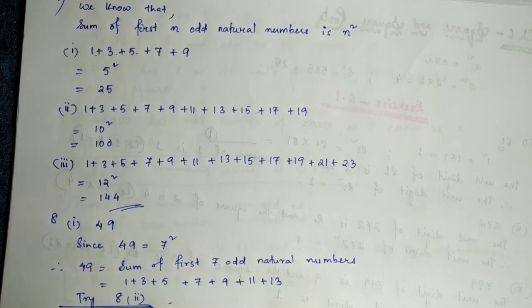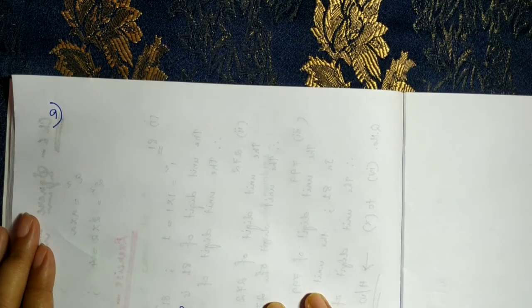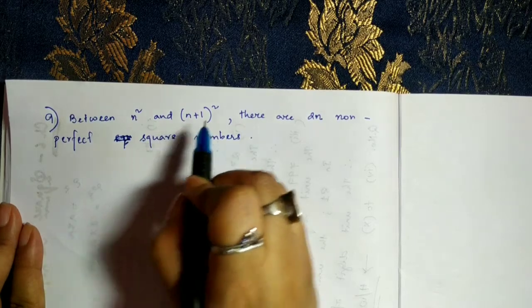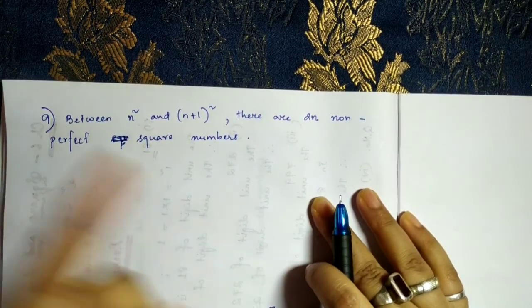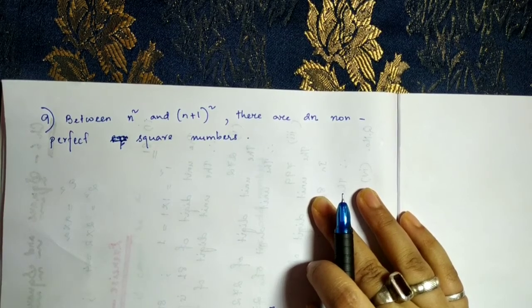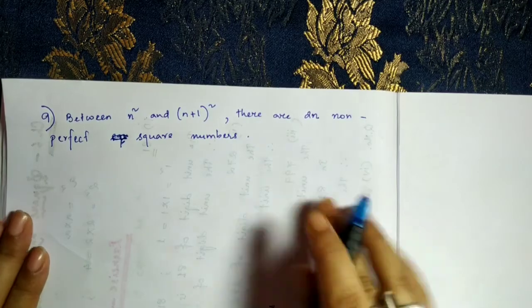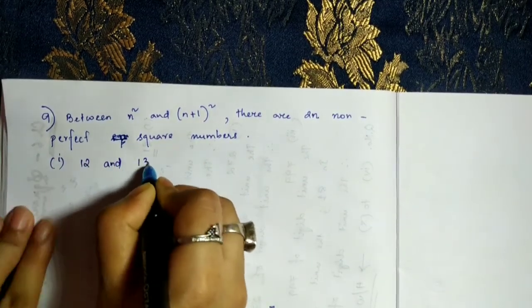Okay, the last sum for today's exercise. So here it is given, how many numbers lie between the squares of the following numbers. So there is another property. Let's see that. It says that between n square and n plus 1 square, suppose the number is 2, the next number is what? 3. So between 2 square and 3 square, there will be 2n non-perfect square numbers. Okay, so number 1 is given as, I will show you one here, 12 and 13. Are they not n and n plus 1?